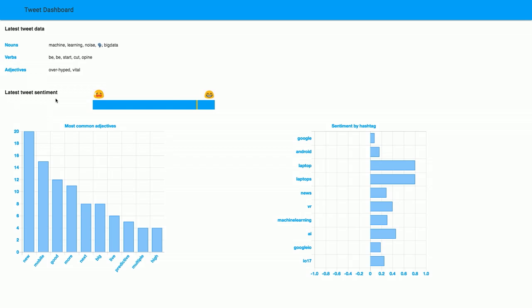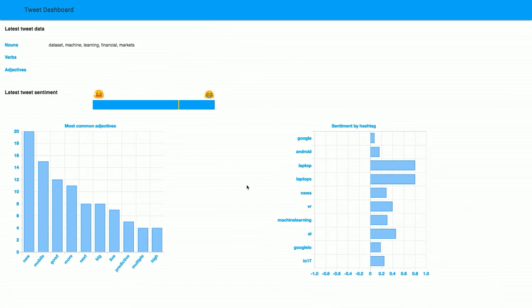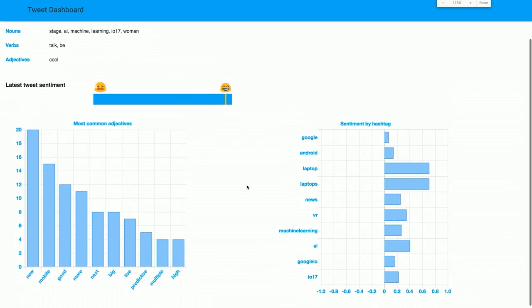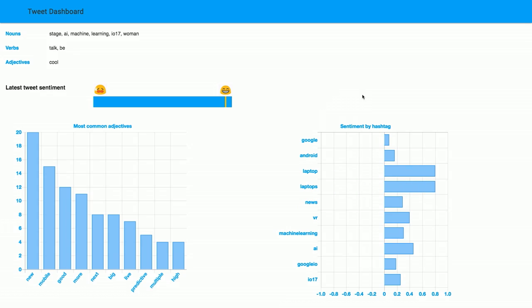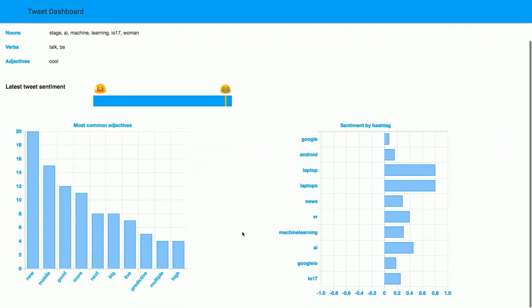And it's displaying the sentiment of the latest tweets. So it goes from -1 to 1, how positive or negative is this tweet. And then we can see, make this a little bit bigger, we can see the sentiment by hashtag, and we can also see the most common adjectives that are being used in the latest tweets. So that's pretty cool. But the other thing I did was I am sending all of my tweets to BigQuery